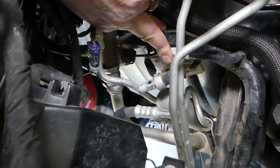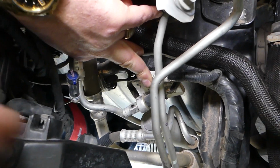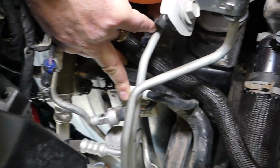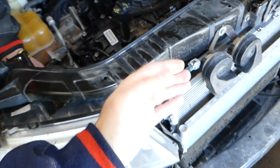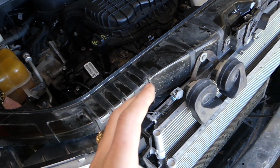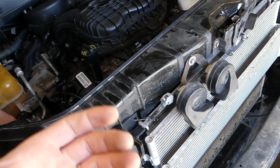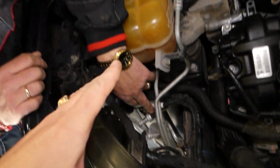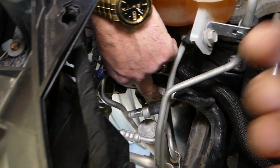Now, how do you replace that thing? You need to make sure that you drain the whole system. You do not have any Freon, so take it to a shop where they have a machine that collects the Freon, because you don't want to release that, there is a big fine. Also, it's not good for the atmosphere. So, collect the Freon, make sure there is absolutely zero pressure in the system, and then we can proceed